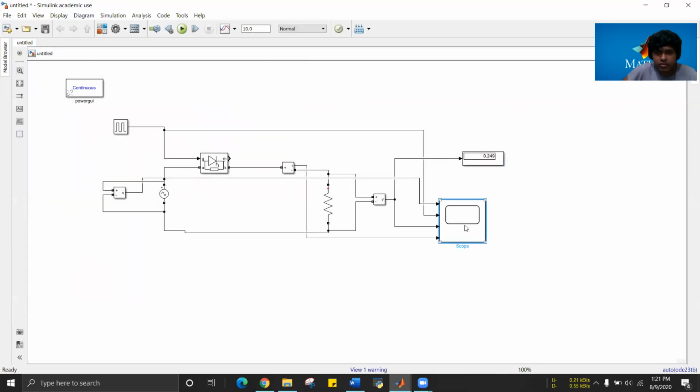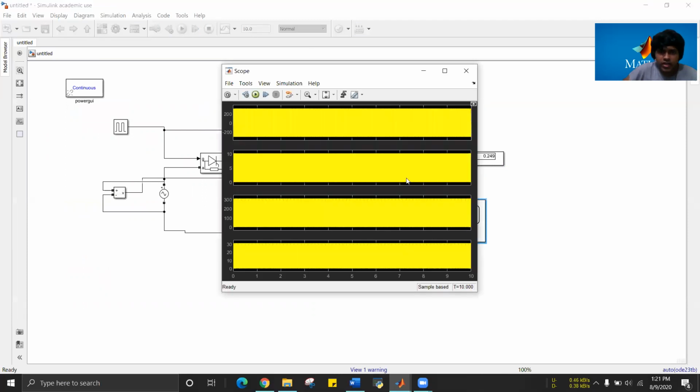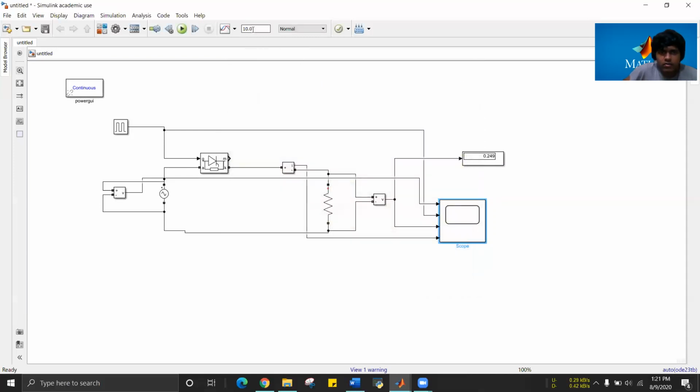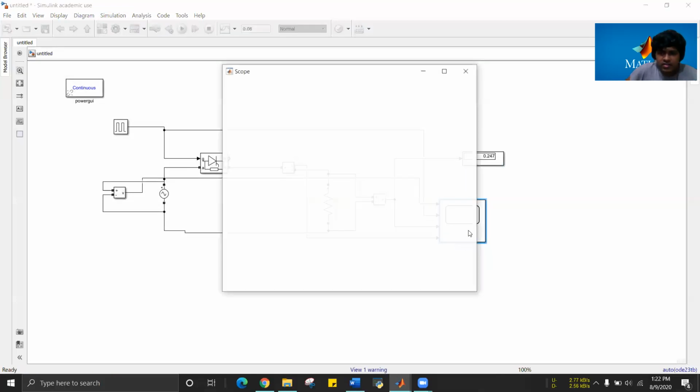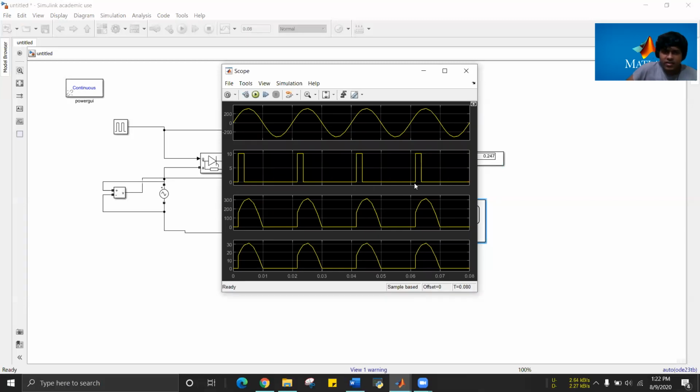What I'm going to do is I'm just going to double click on the scope. So yeah, what you can see here is our 4 values, right? So why am I getting these kinds of values? Why am I not getting a perfect graph? See, the values are correct, only the time period is quite a lot. So I'm just going to change it to 0.08, or you can make it 0.06 or whatever you want, and simulate it again. Now, as you can see, we have got the perfect graphs that we want, right? All the graphs are perfect. So this is how we're going to do the experiment.